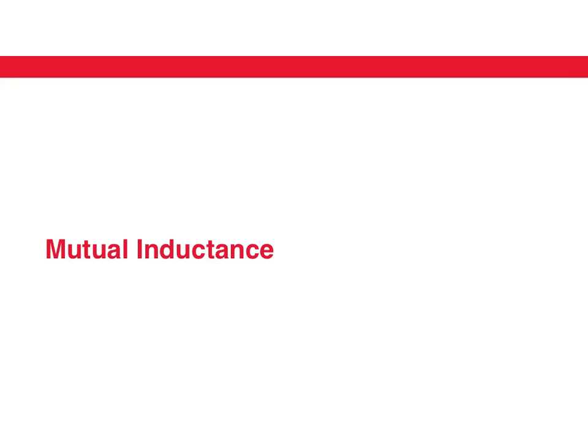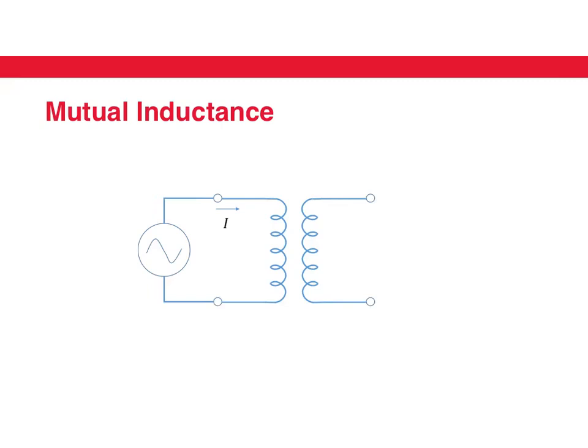Let's look at a concept called mutual inductance. Suppose we pass some current through an inductor. This would produce some magnetic field in the inductor coil. If the current is a changing current, the magnetic field would also be changing. Now, if we bring another inductor closer to the first inductor, near enough that the magnetic field that is produced